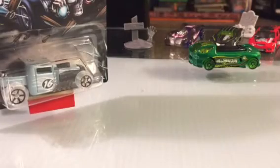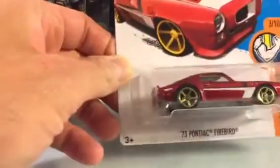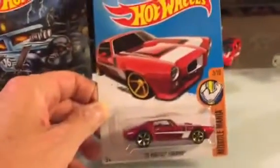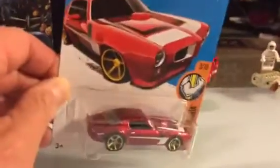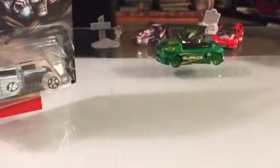that I was hooked up with was a K-Day color exclusive 73 Pontiac Firebird. I didn't make it to K-Day, so that was great to get that. So now I have 2 of the color exclusives, which I picked up after the fact. So that's cool. And one of the things I noticed about